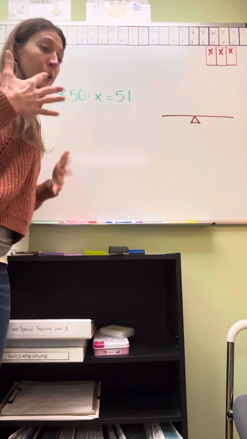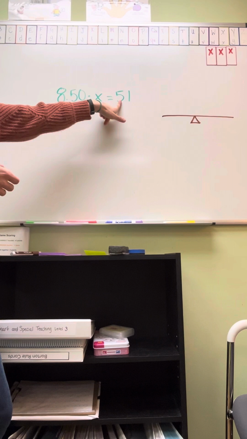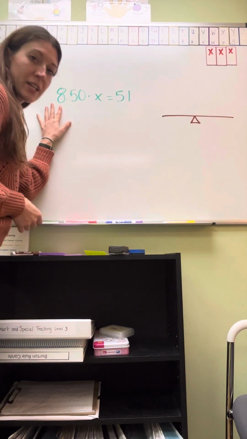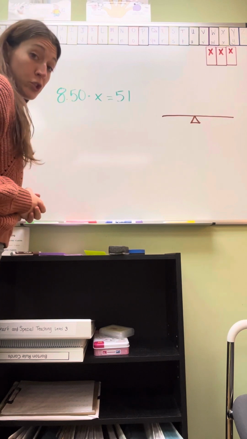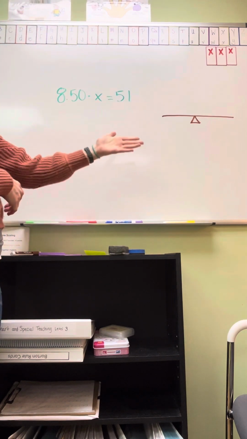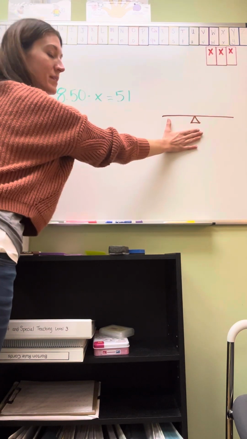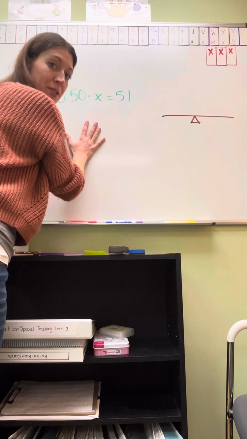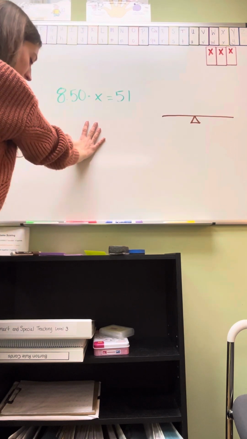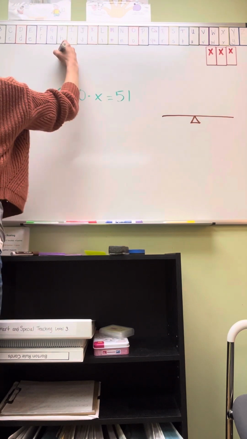Well, your brain is probably already critically thinking about this situation, right? If you know you have $51 and each ticket is worth $8.50, how do I figure out how many tickets I can actually purchase at that price with that amount of money? Very simple. I have over here a balancing beam. We're going to balance an equation after this, but I wanted to show you just the steps first as to how to do this. And what you do to solve for an unknown is PEMDAS,